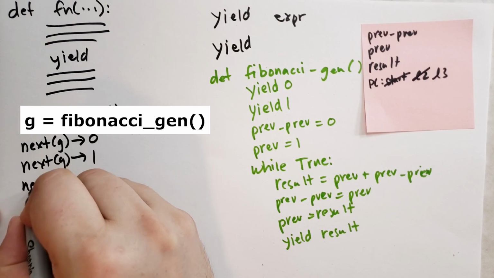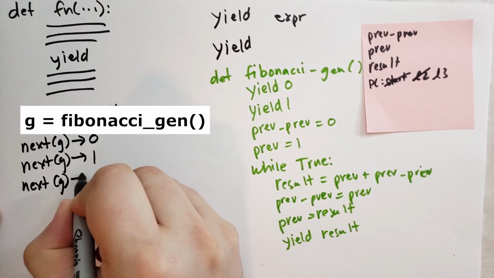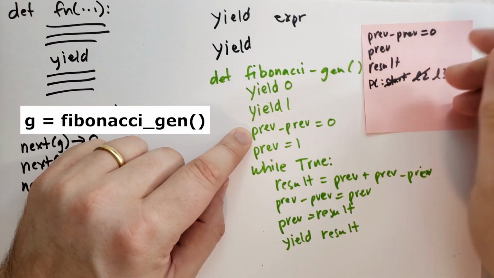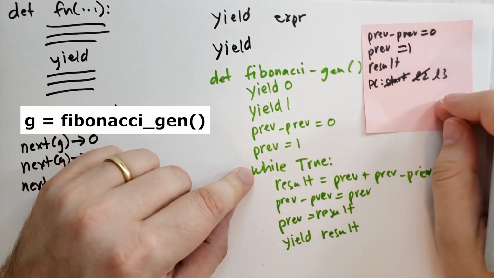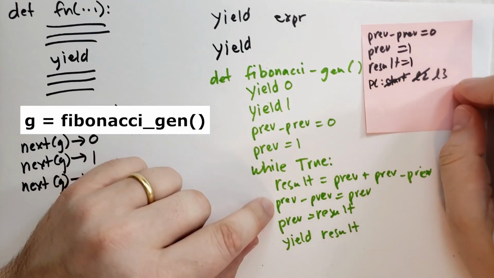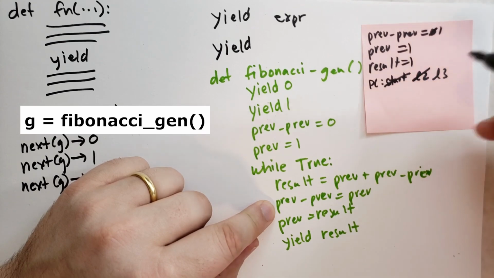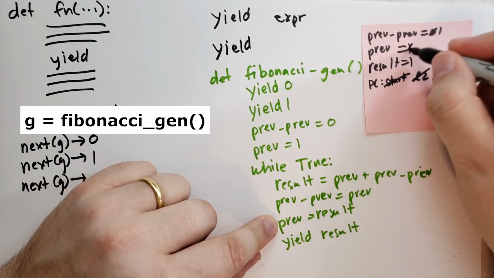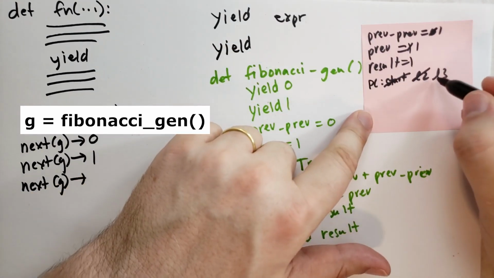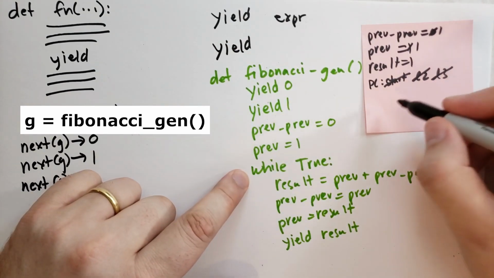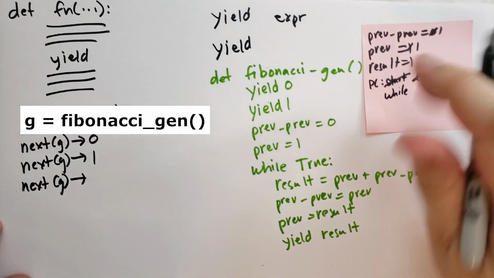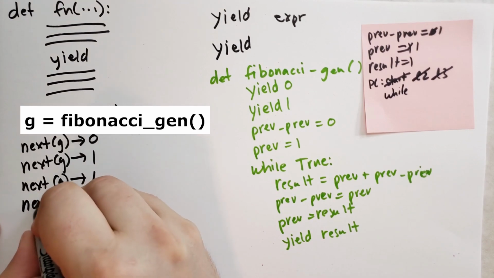When we call next again, it continues execution from line 3. So prev is 0, previous is 1, while true, result equals prev plus previous, so it's 1. Prev equals previous, that's now 1, and previous equals the result, that stays at 1. And then we yield the result, in this case 1. And we remember the program counter, which would be the while. Okay? So yielding 1, if we were to call it again,